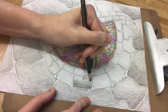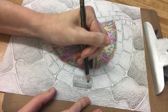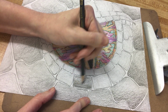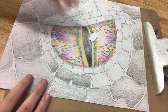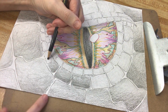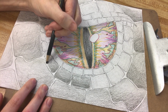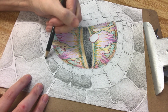Then I'm going to fade it into a 3. This is what it looks like when you get a couple of 5, 4, 3s going. Now the scales are kind of changing direction, but this part of the scale is closest to the bottom of the paper, so I'm gonna do my level 5 down here and fade it up into a